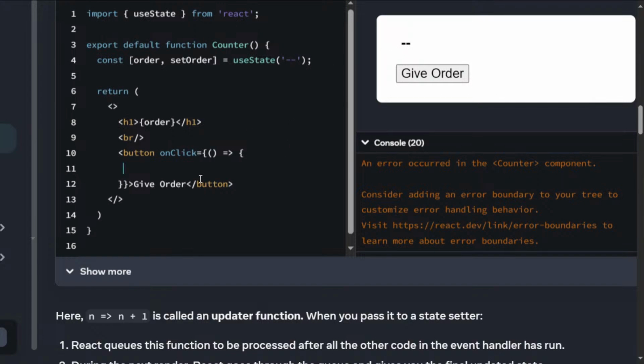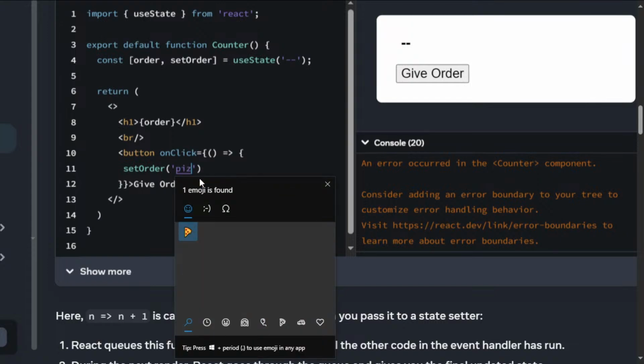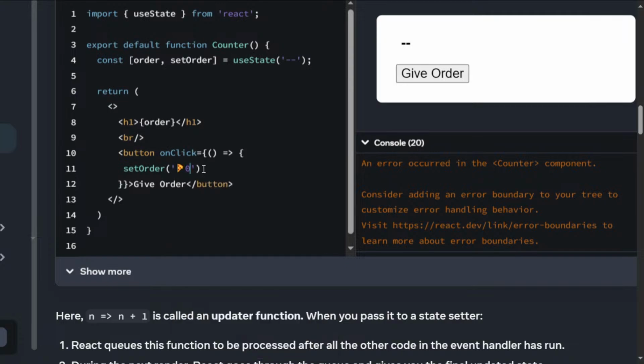So whenever I set a new order, I want to order my pizza. I want to order pizza for the first time. For that, whenever I click give order, I'm going to order pizza. Okay, I'm just ordering pizza, and now